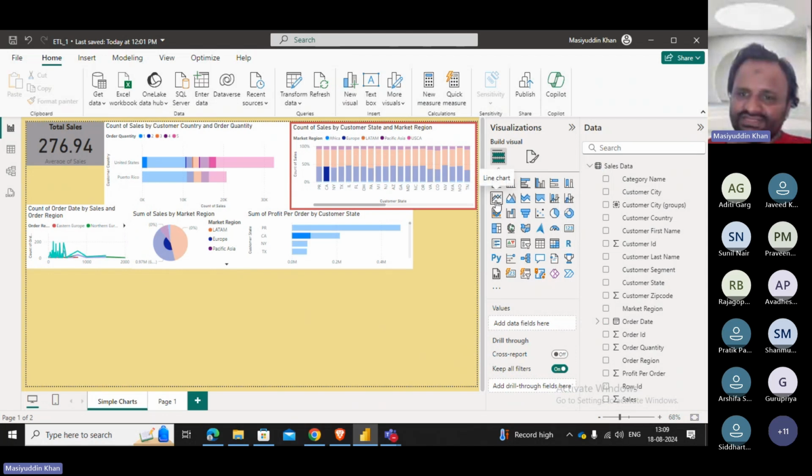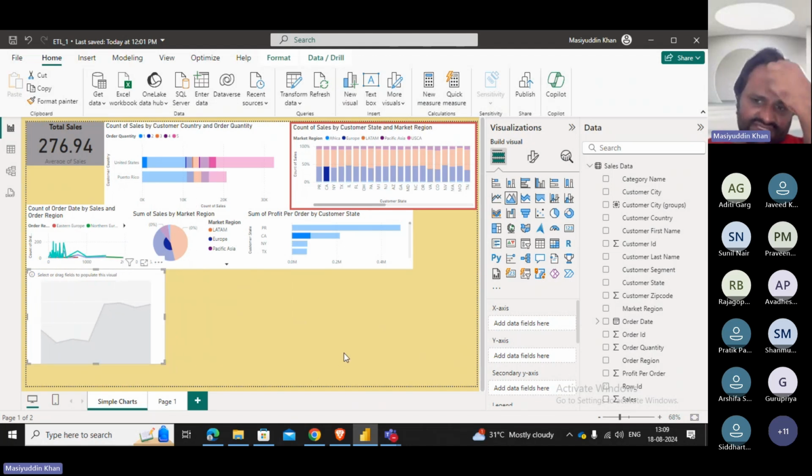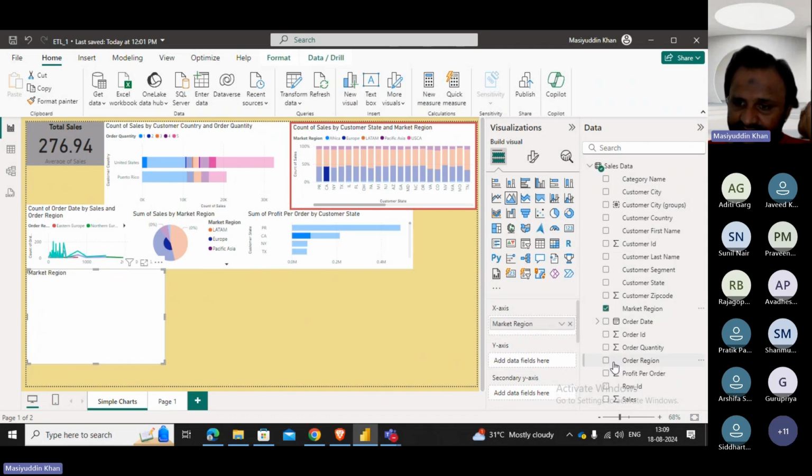Now there is one more thing, line charts. This is the area chart. For example, you can take the area chart here. Most of the time statisticians use the area charts. Now area-wise, obviously we have the market regions. I can take the market regions on the x-axis, and if I go ahead with the sales on the y-axis,